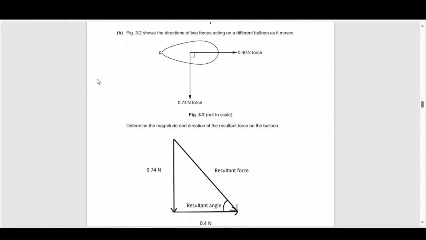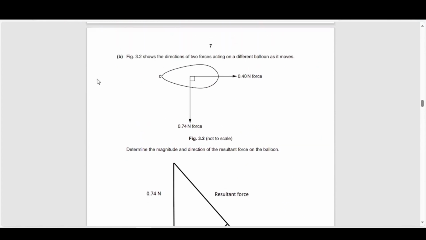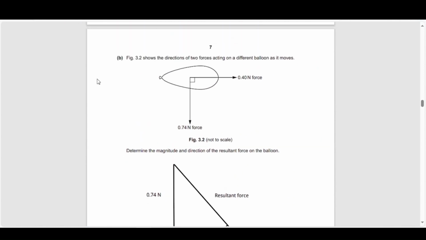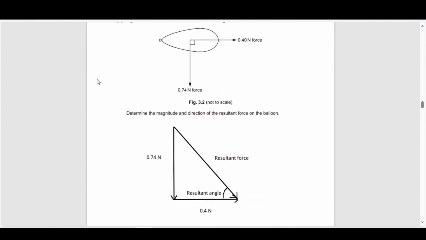So here we've got a nice question as well on essentially calculating the resultant force. So you want to be able to determine the magnitude and direction of the resultant force. So again, there are two approaches to this. If you are comfortable with the use of Pythagoras, if you're comfortable with basic trigonometry, essentially using SOHCAHTOA, then I would recommend that you